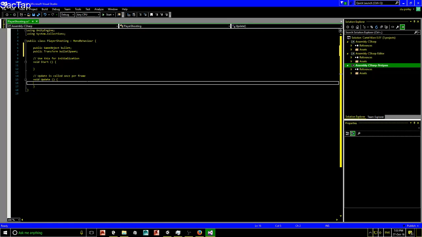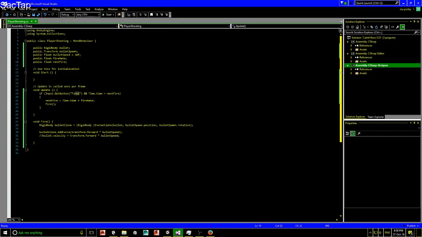So basically, if we left click, we want to shoot a bullet and we want to spawn it from the weapon. So we need this string Fire1, and the time is greater than next fire, so basically every second we can fire. It's kind of like a slow firing gun. So when we left click, we check for the time, so 1 second must elapse from the last shot. Then if we fire, so when we call the fire